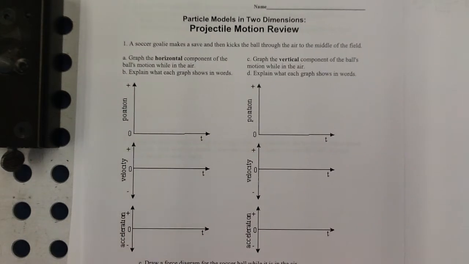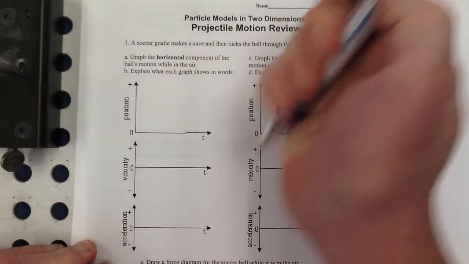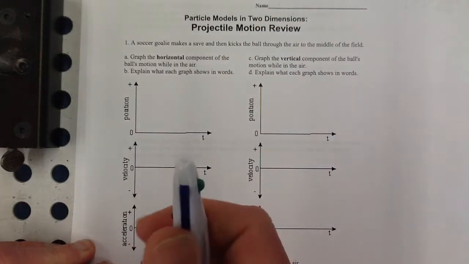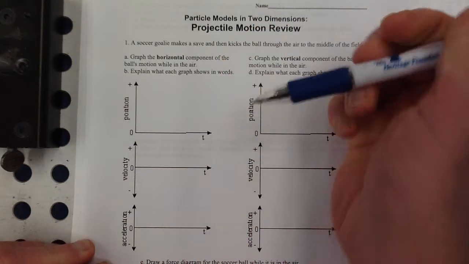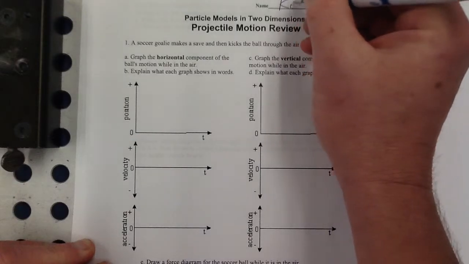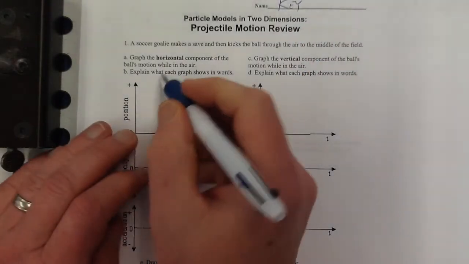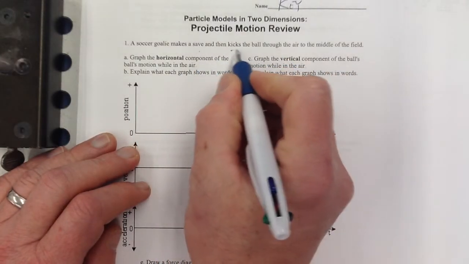Okay, let's do this projectile motion review. Black is not working anymore in this pen. We shall use blue. Alright, so a soccer goalie makes a save and then kicks the ball through the air to